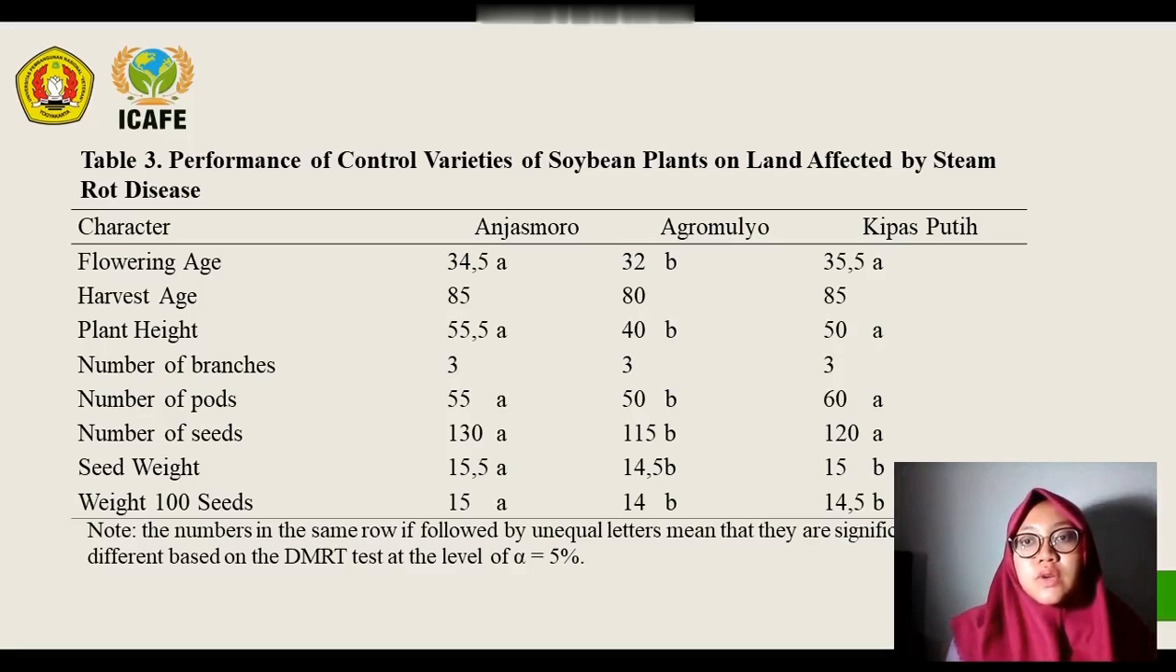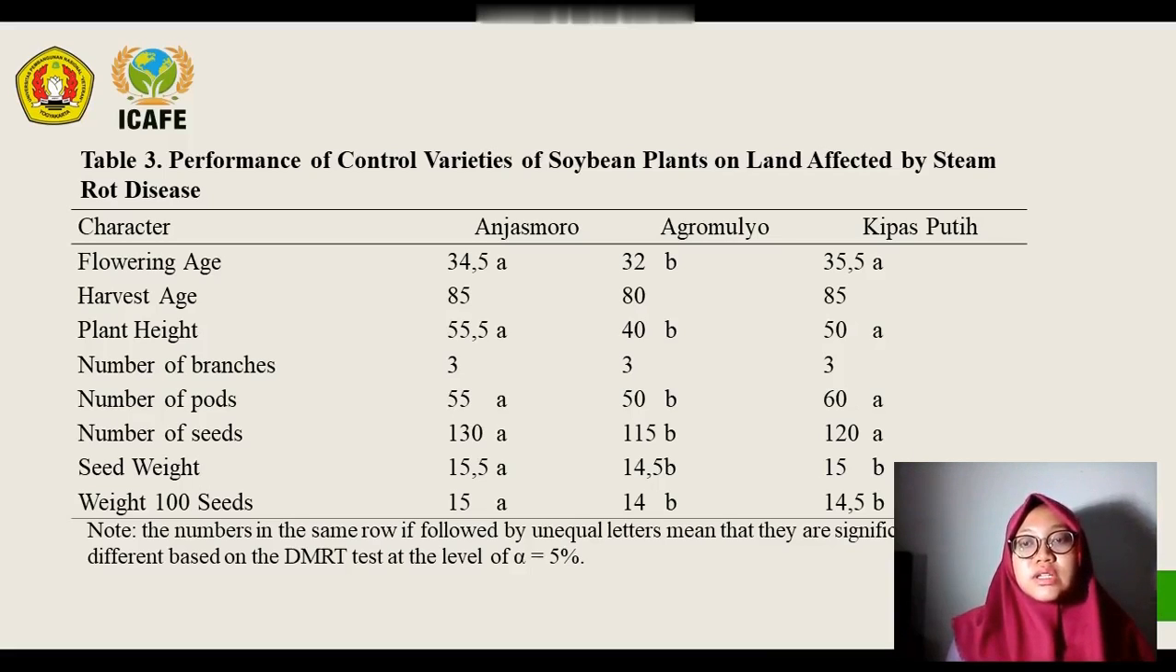flowering age character was found in the Kipas Putih genotype, not significantly different from Anismoro and significantly different from Agromulyo. The highest plant height character was found in the Anismoro genotype, not significantly different from Kipas Putih and significantly different from Agromulyo. The highest number of pods was found in the Kipas Putih genotype, not significantly different from Anismoro and significantly different from Agromulyo. The largest number of seeds was found in the Anismoro genotype